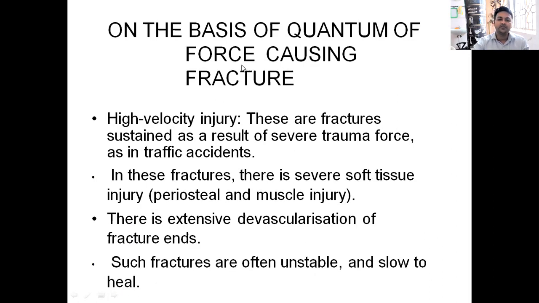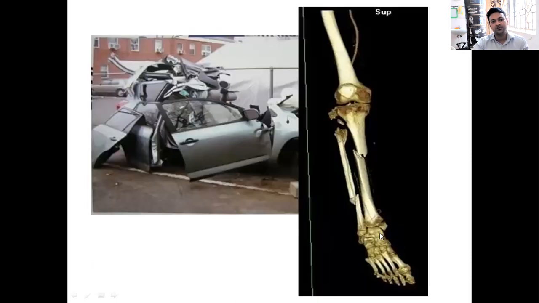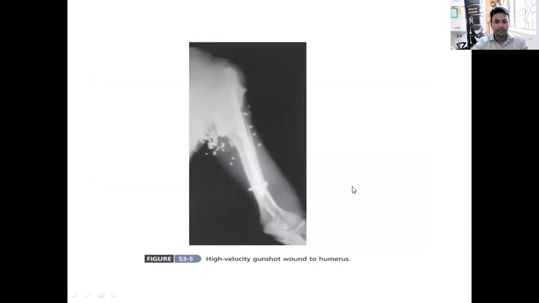On the basis of the quantum of the force causing the fracture, it can be a high velocity injury or a low velocity injury. High velocity injuries are fractures sustained as a result of severe trauma of force, as in traffic accidents. In these fractures, there is severe soft tissue injury and periosteal muscle injury. There is extensive devascularization of the fracture end. Such fractures are often unstable and slow to heal. Here is a high velocity injury, a road traffic accident causing a fracture in the middle one third of the leg. Here you can see a high velocity gunshot injury, and you can see the pellets